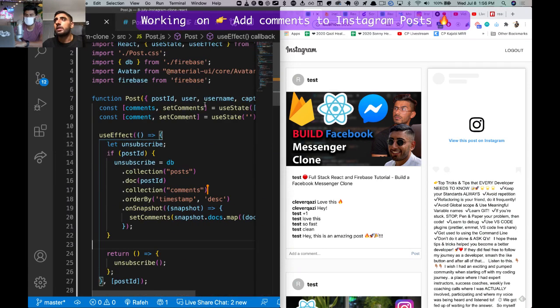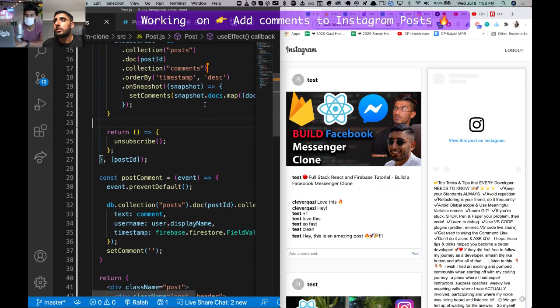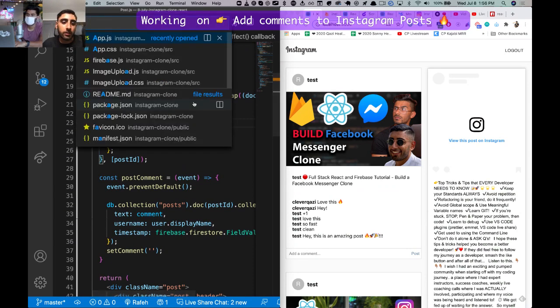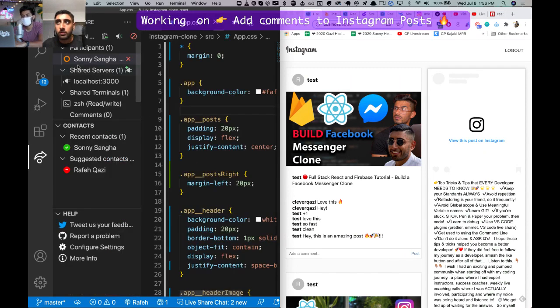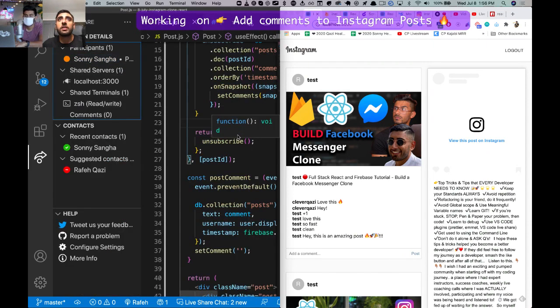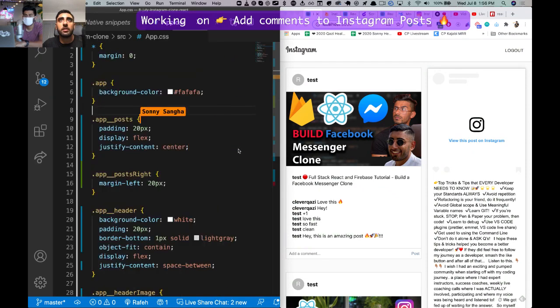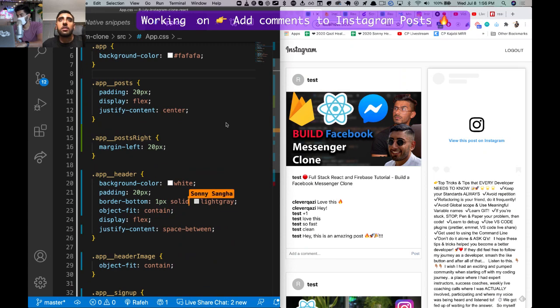Yep. So we go to app.css. So where we go to app__header. Hold on. So again, this is... You're in apps.css right now? Yeah. Okay. Oh right, sorry, I was in the wrong file. I was in a different code. Yep. So this one. Here we go. Yeah. App header, right? So right now, what we need to do is